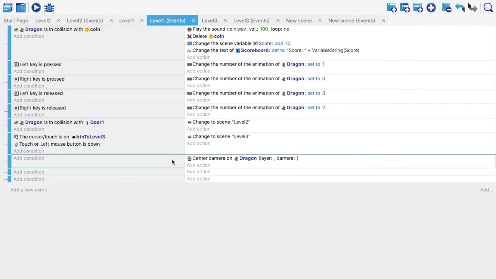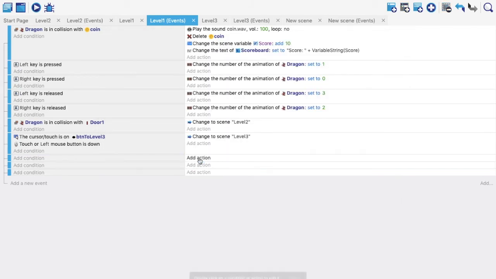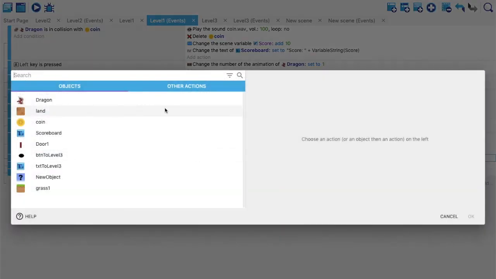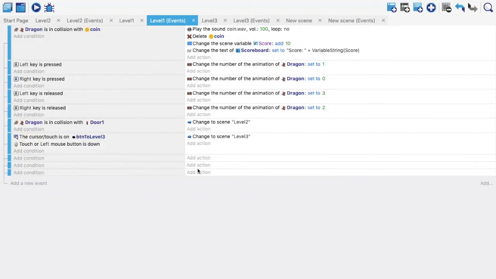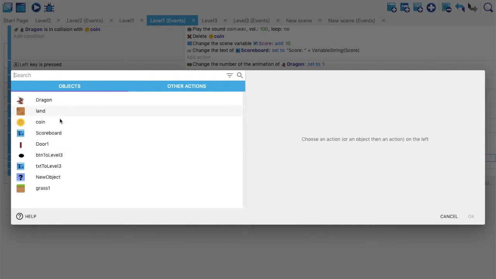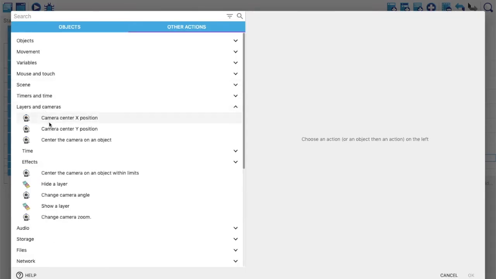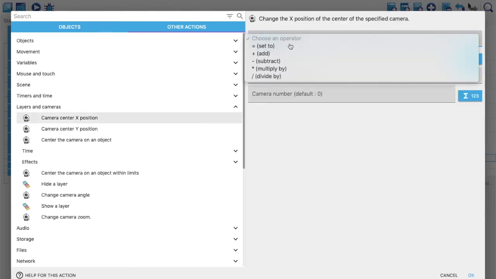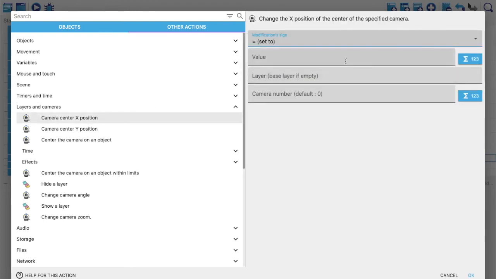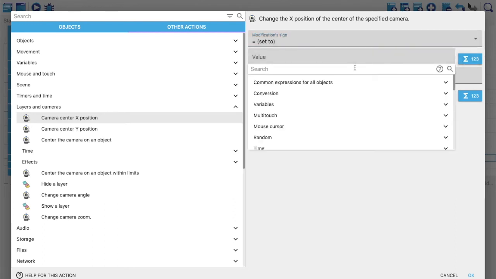So I'm going to close this for now, and I'm going to delete this one. Add another action. So we will be going back to layers and cameras, other action, layers and camera center X position. The operator is set to, and the value is, now let's see what we have to do.